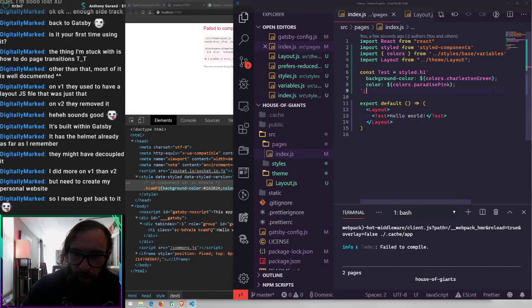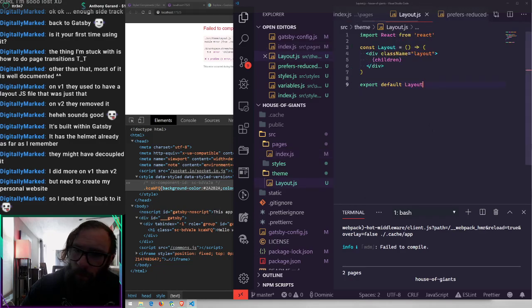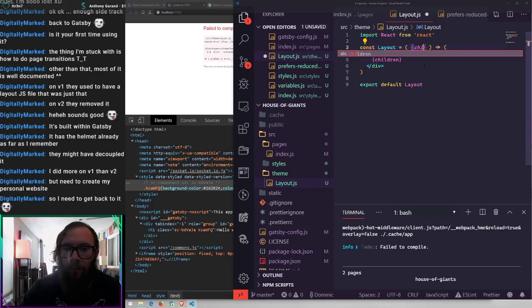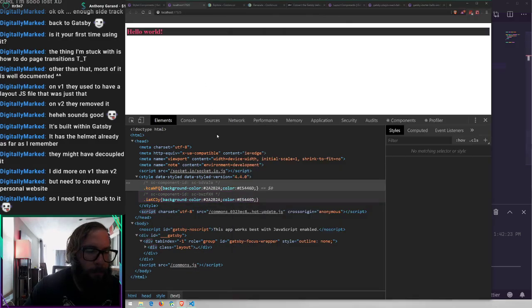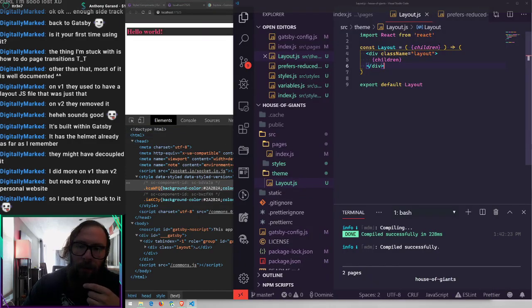Children is not defined. Okay. So within the layout, we need to actually pass these children as props, right? These are like render props. Right? Yeah. That should do it. Yeah, so we're telling the layout component, hey, expect children, use those as props more or less, and then output